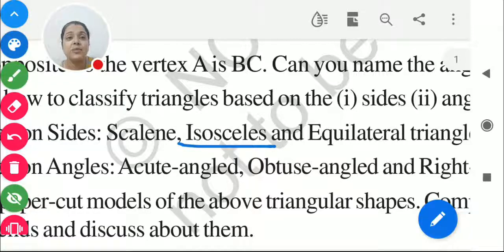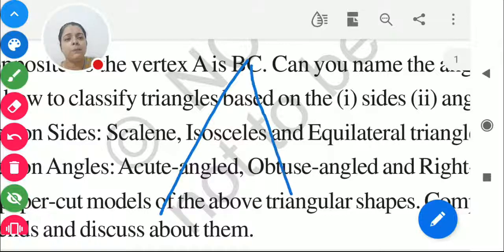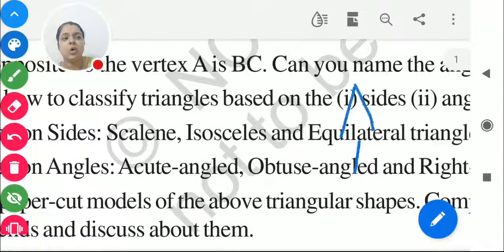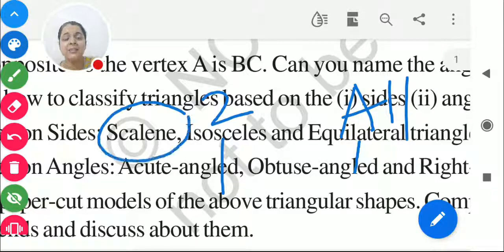Second comes isosceles. What does it mean by isosceles? Isosceles means it is having 2 sides equal. You see here there are 2 sides which are almost equal and the third side is completely different, right? So this is called an isosceles, where 2 sides are equal. As we are talking on the basis of sides, we are talking only about these sides. Equilateral means all sides equal, isosceles means 2 sides equal,